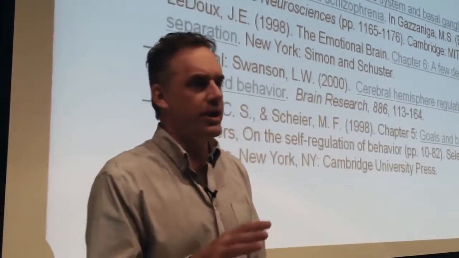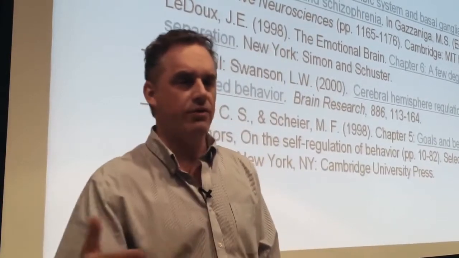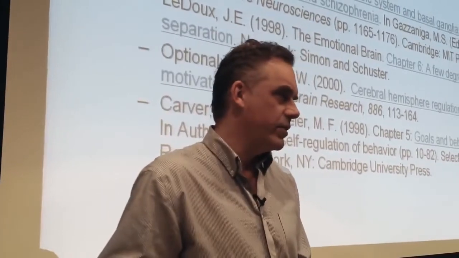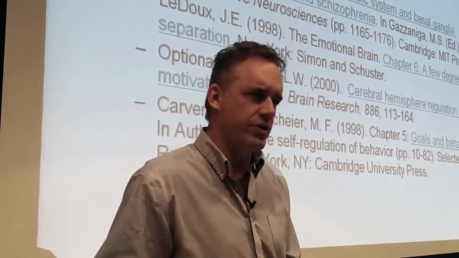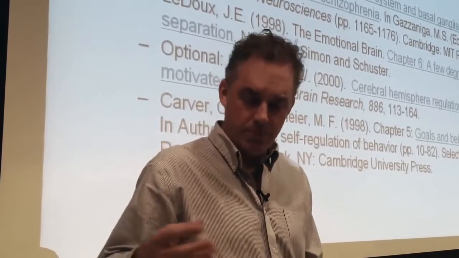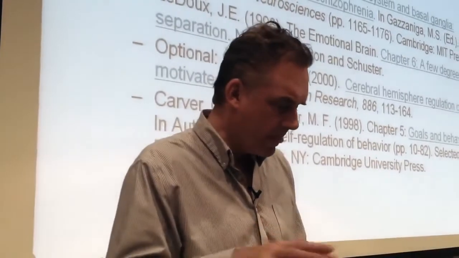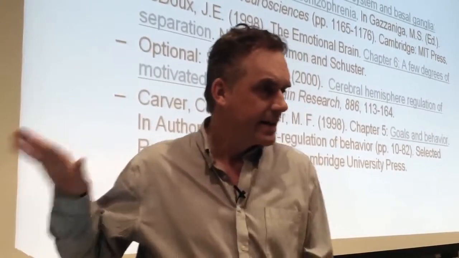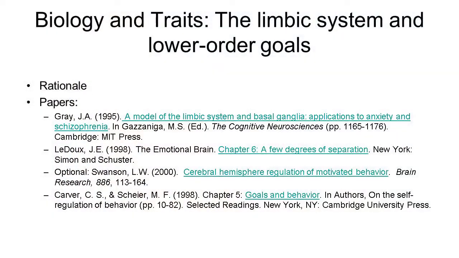So Gray is sort of a combination of artificial intelligence, cybernetic theorizing, and then an incredible amount of data that's come in from animal behavioral research. And as far as I'm concerned, most of the things that we know about the brain have been derived from animal research. The animal researchers tended to be extraordinarily careful scientists. They were influenced by B.F. Skinner, who established the initial theoretical basis for understanding how animals learn. We'll talk about that a little bit next class. So anyways, that's the context within which Gray is working.